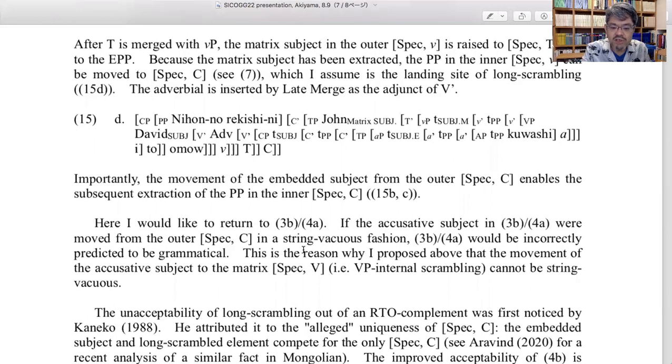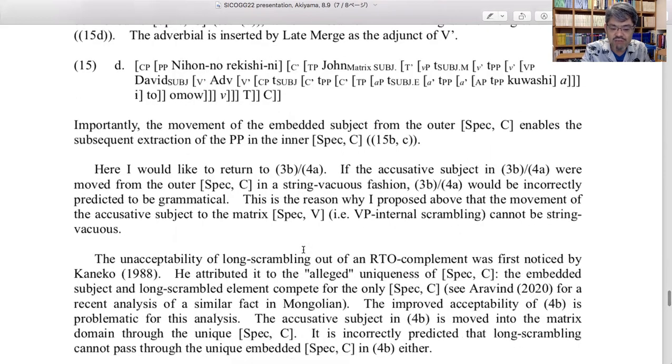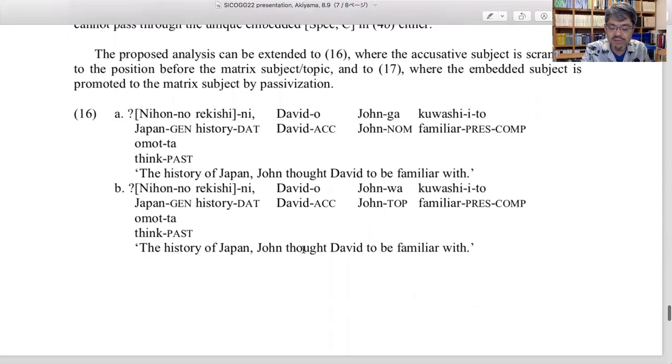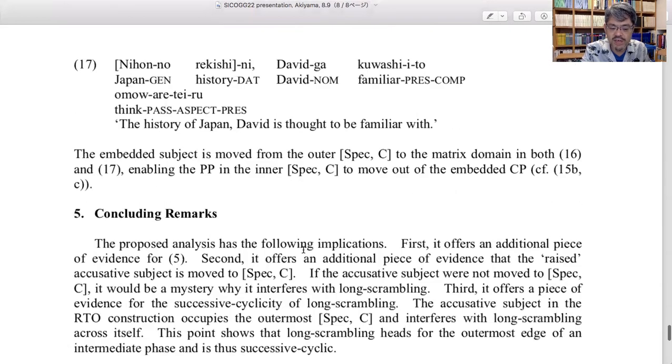Here, I would like to return to 3b and 4a. If the accusative subject in 3b and 4a were moved from the outer spec C in a string vacuous fashion, 3b and 4a would be incorrectly predicted to be grammatical. This is the reason why I proposed above that the movement of the accusative subject to the matrix small v cannot be string vacuous. Now, let me skip the rest of this section and move on to section 5,